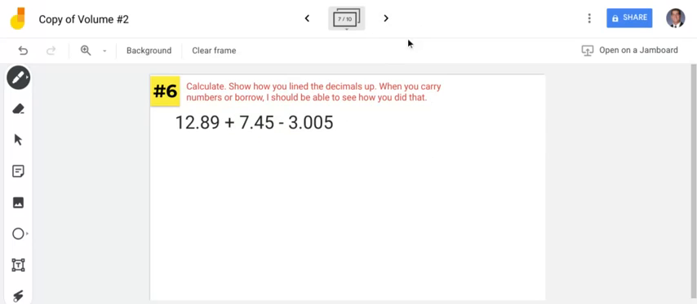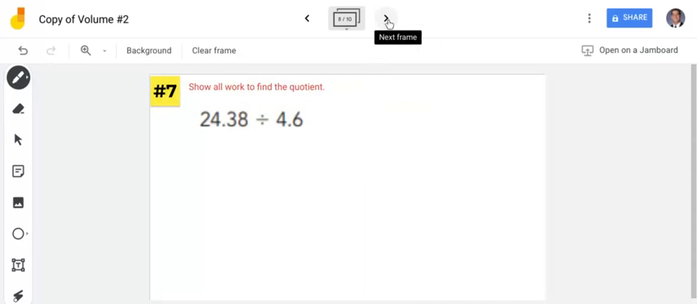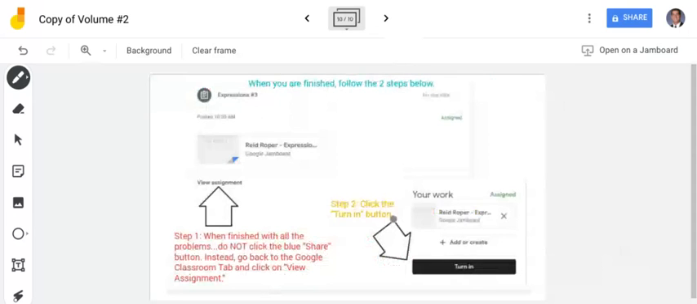Number 6 here, I want you to calculate this, show how you line the decimals up, and if you carried numbers, show me how you carried them. If you borrowed, show me how you borrowed. Number 7, show all your work to find the quotient. Same thing in number 8, and when you've finished and shown all your work, be sure